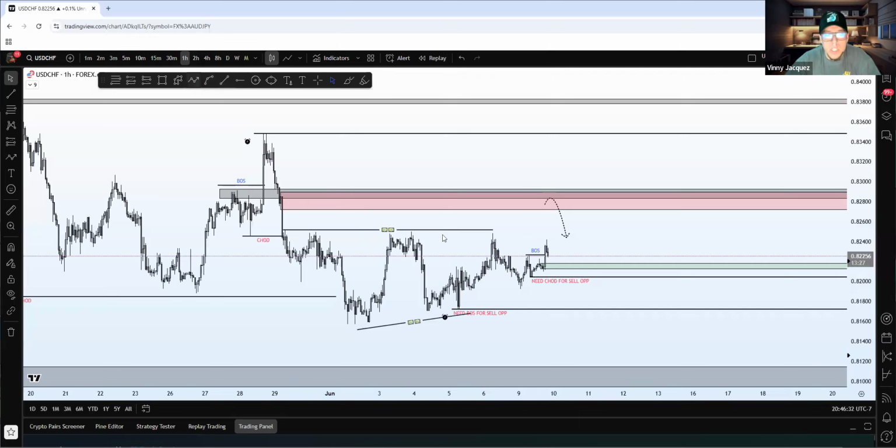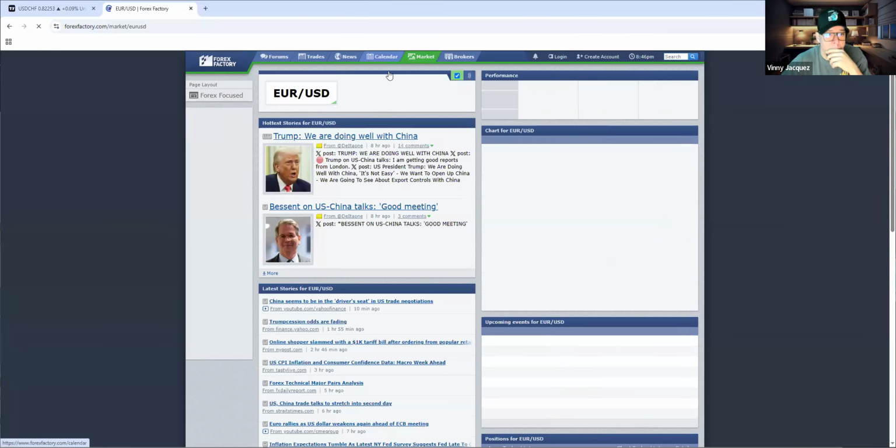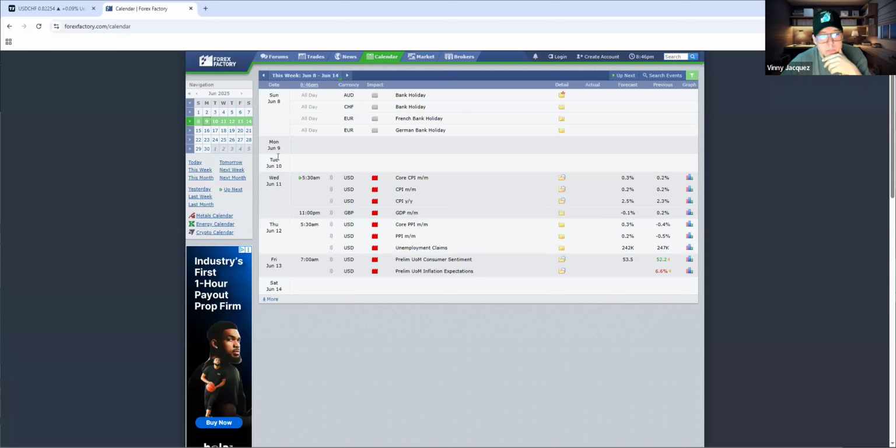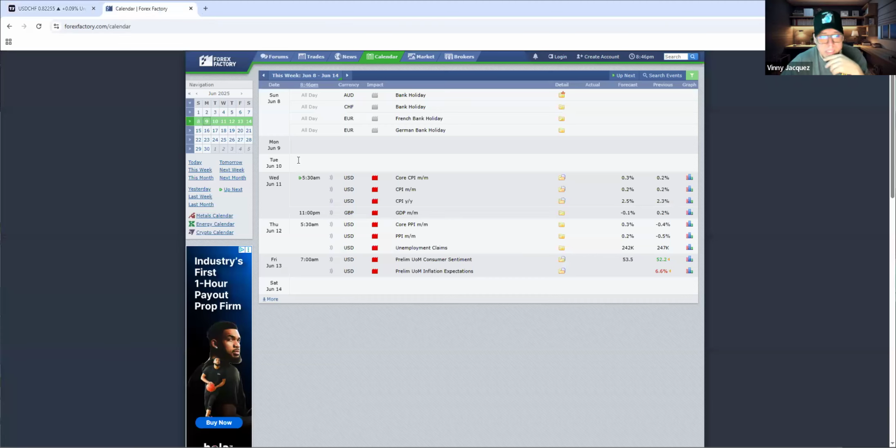You don't have to take trades inside of this just because it's giving you some type of structure here, right? Guys, you can do what you want, but at the end of the day, look at what you're playing in. You're playing in liquidity. And you know what this week has? Let's go ahead and go to Forex Factory. No news tomorrow, which means most likely we will continue to consolidate. We will continue to range because there will be no volatility. And look at what we have on Wednesday.